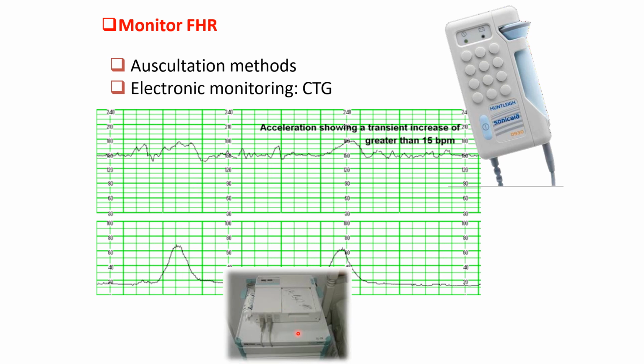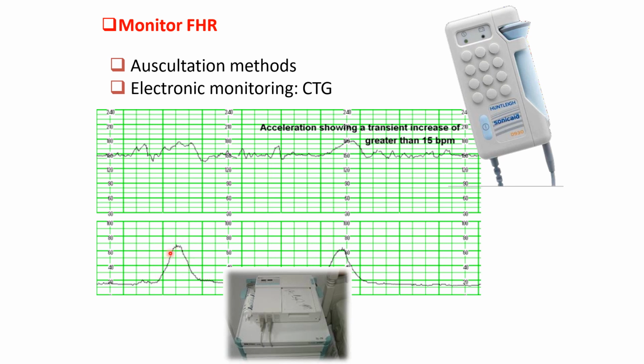So you can use either a simple Doppler and manually assess the heart rate of the baby. That is one way. Otherwise, you can attach the mother to a cardiotocograph, and the uterine contractions will also be marked, and the fetal heart rate in response to the contractions will also be marked, and you will get a graph like this. Here, this line indicates the uterine contraction and this line indicates the fetal heart rate. And here you just see, a uterine contraction has occurred.